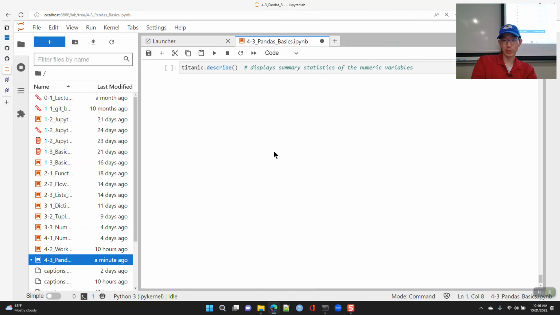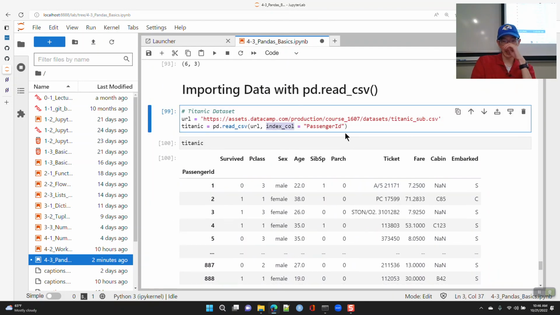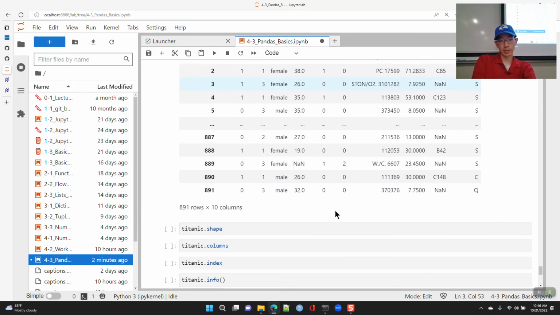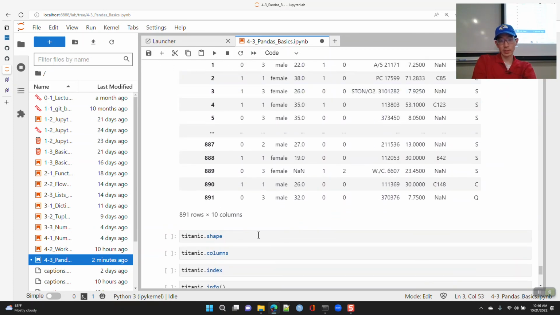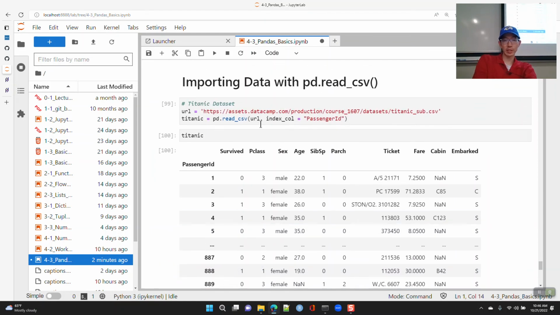So if you want to specify an index, you can do index underscore column for which one it is, right? But by default, it's going to just add a range index to your data. Okay, the shape here, well, now I only have 10 columns.